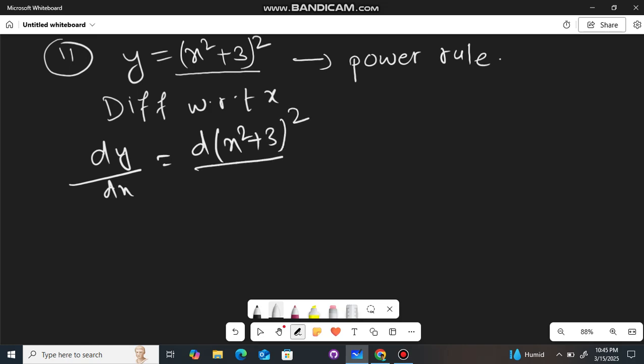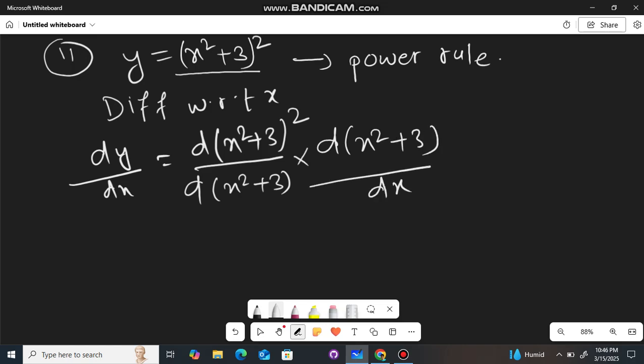As the power is assigned, this variable will be differentiated at first with respect to x square plus 3, as there is the involvement of power. So the given value in power, (x square plus 3) whole square, will be differentiated at first with respect to (x square plus 3). After that, (x square plus 3) will be differentiated with respect to x. So in this way the power rule works. So at first, this whole variable